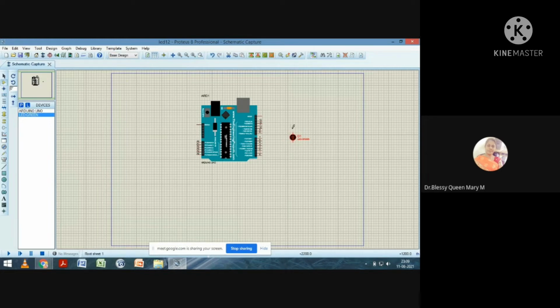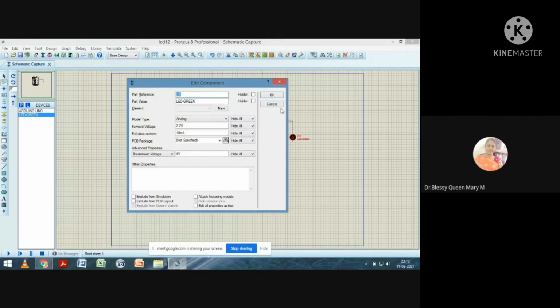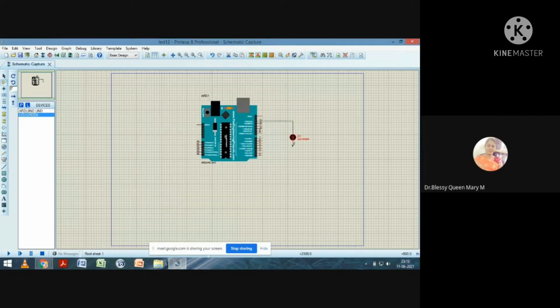So now I have to choose some connecting wires, and I am connecting this digital pin 13 to our LED green, like this. Then I have to ground.